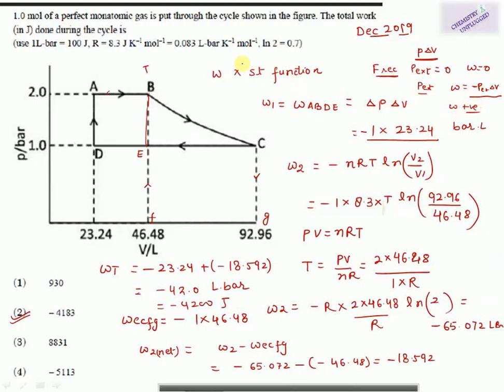Similarly, for heat, if the heat is absorbed by the system, then it will be positive, and if heat is released by the system, then it will be negative. You can easily remember it this way: heat is released, so heat is reduced from the system, so it will be negative. And when a system absorbs some amount of heat, the heat is added into the system, so heat will be positive in nature. So the negative and positive signs are very important.